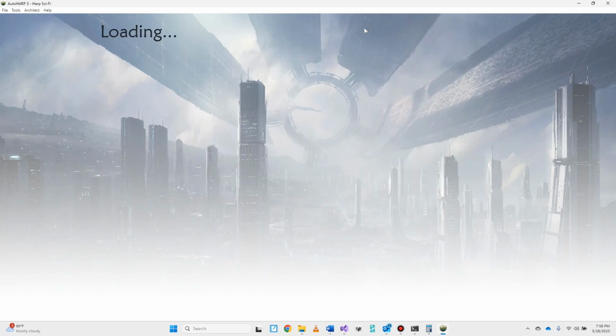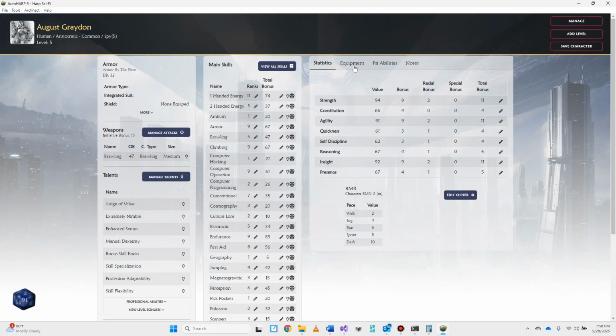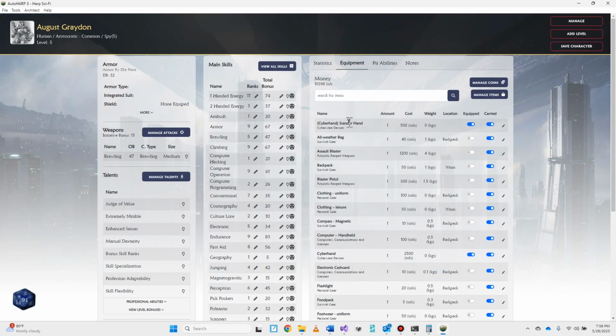Going back to the main screen for just 1 second, you're going to notice in your equipment that we have added that cyber device as inventory to my character. There's the cyber hand located right there. It doesn't have any weight, so I should probably think about putting some kind of weight attached to it. It's probably negligible. Maybe it's the exact size and weight of what a normal hand would be, so it's not going to encumber me